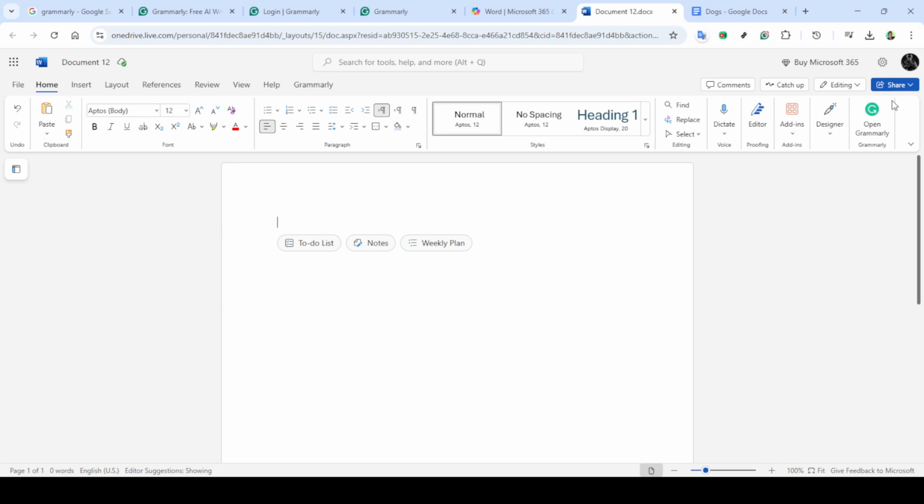Finally, the last step is to click on Add next to Grammarly in the results. This will initiate the installation or activation process, seamlessly integrating Grammarly into your Word environment. Once added,